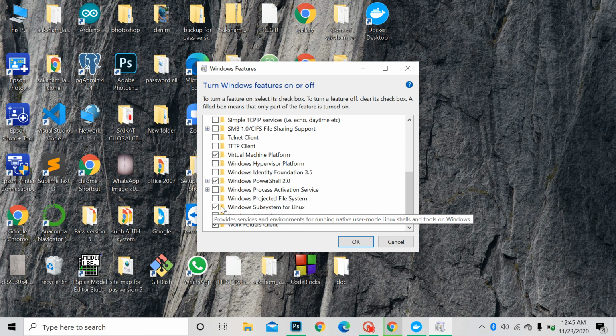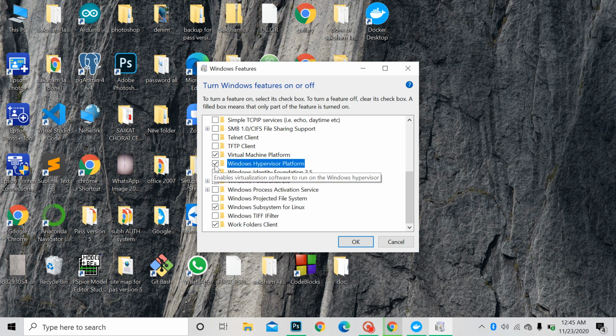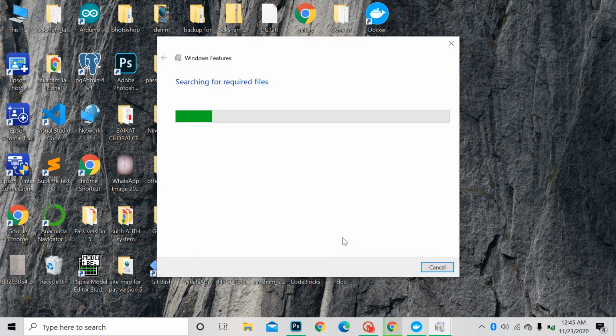This is already enabled, but it may not be enabled for you. And this Windows Hypervisor Platform is not enabled, but it should return an error, but it's not returning. Strange. Okay, you have to enable it also. It may tell you that you have to restart, but okay, we'll restart later.